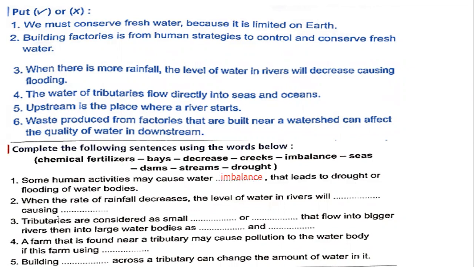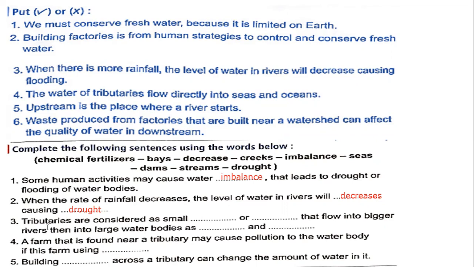Number two, when the rate of rainfall decreases, the level of water in rivers will decrease. Yes. Causing what? Causing drought. So when the level of water decreases, it causes drought. Tributaries are considered as small